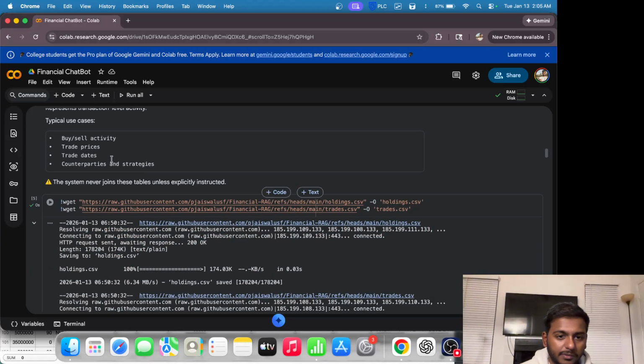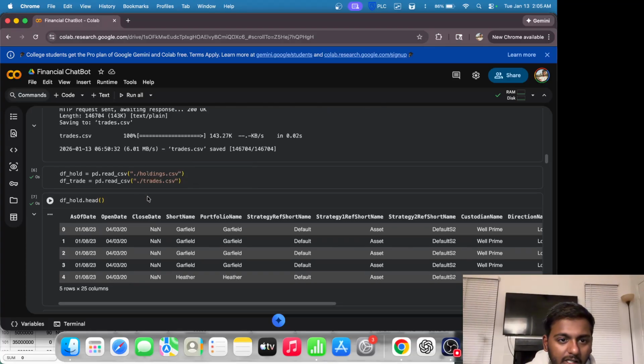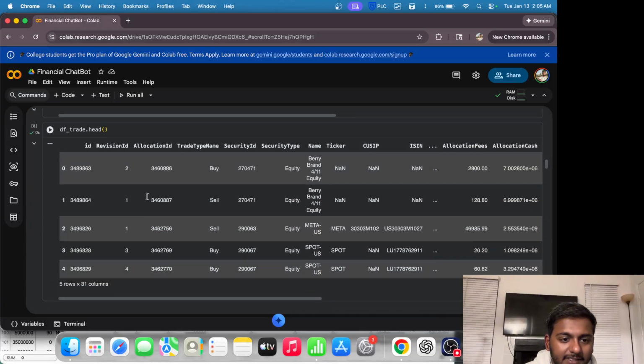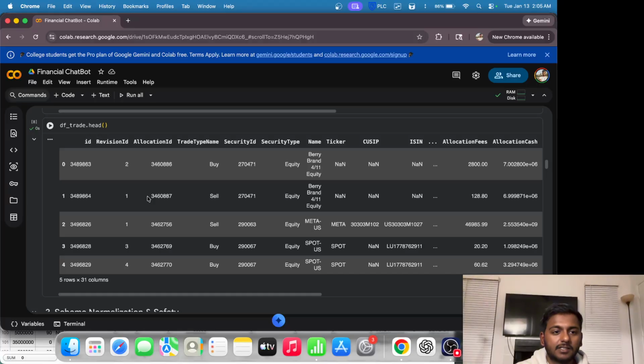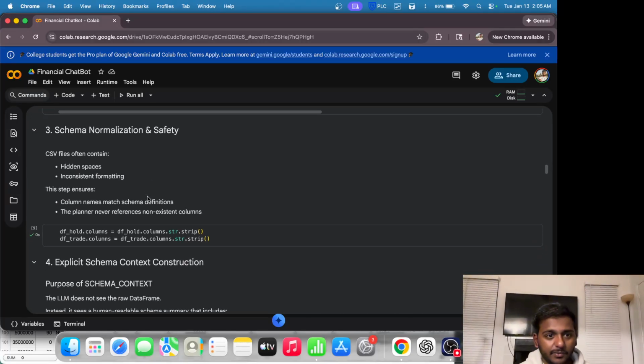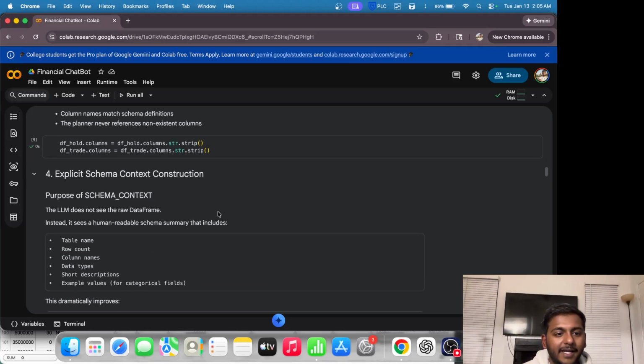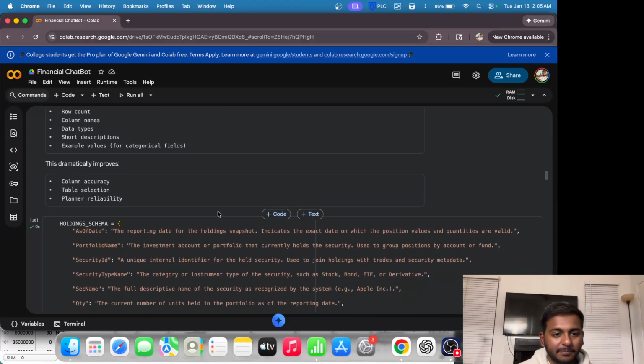Then coming to here, I'm just loading the data, downloading it, storing it in holdings and trades data frames, and here I'm just going through the data. And then here, this is where my schema and normalization starts. So just removing all the white spaces and inconsistent formatting, basically preventing any issues that we might have with the naming of the headers. And then I am explicitly